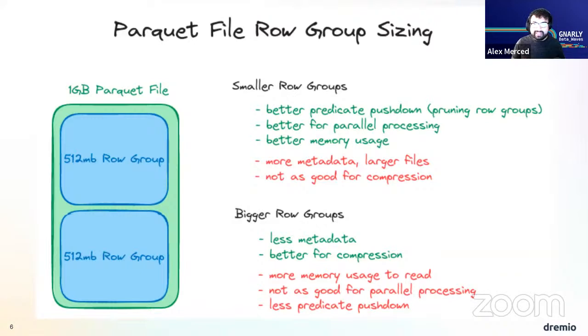Okay, and then you also want to think about how big the file should be. Well, you don't want the file so big that it doesn't fit into memory. Then you start running into issues of having to do spilling, where it's going to have to write some data to disk in order to deal with not having enough memory, which again, writing that data to disk takes time. So again, it just depends on what you're trying to do. But these are the things you can improve and tune the performance of your job by thinking about: how are my Parquet files being written? What is the size of my row groups? What is the size of my files? And tuning it from there.